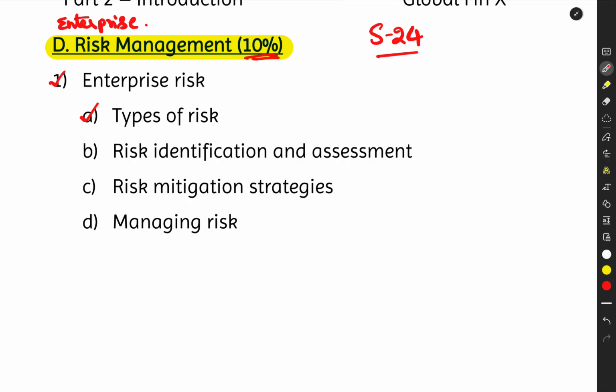So we are going to understand that. Then we are going to talk about risk identification and risk assessment. Identification means, once I know that there are different types of risk: legal risk, compliance risk, political risk, technological risk, internal risk, external risk, control risk, and so on, we need to understand how to identify the risk, and also we need to assess the risk. Assessment of the risk means, in short,